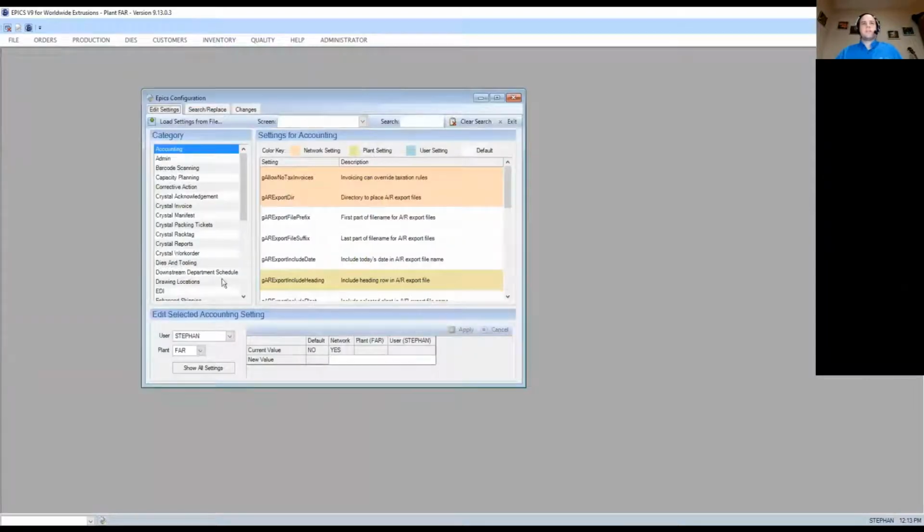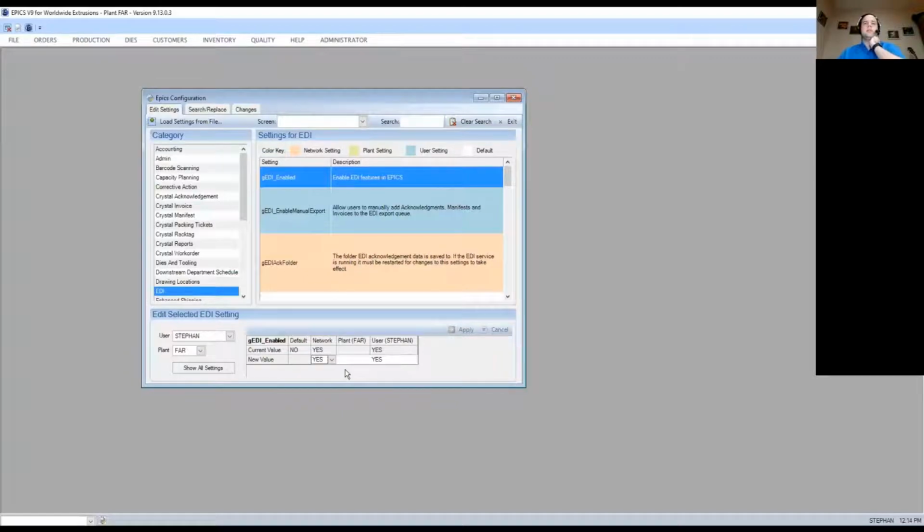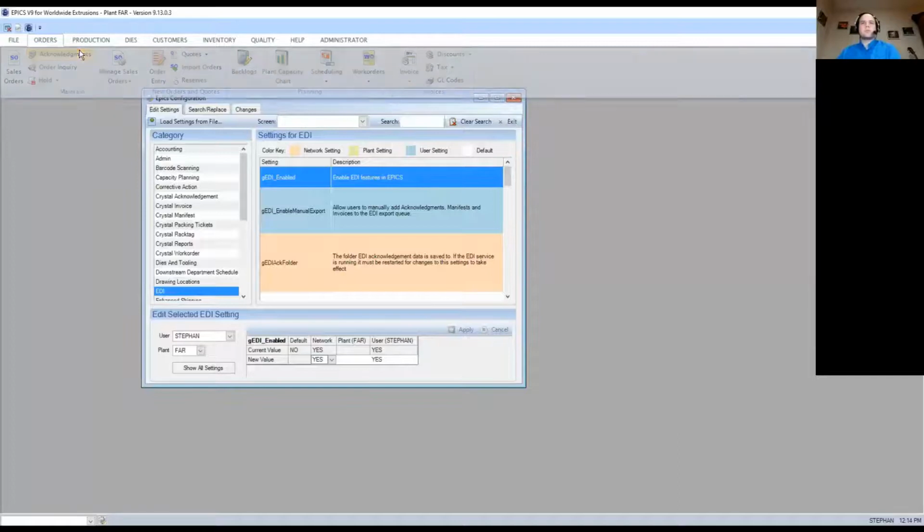So the first thing you're going to need to do is go to this setting, GEDI enabled. You'll need to make sure to set it to yes. Unless this is set to yes, you won't see any of the other tabs that I'm going to show you here, and you won't be able to work with the EDI service. So once that is enabled, you will then be able to pull up